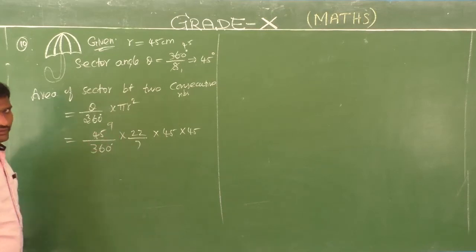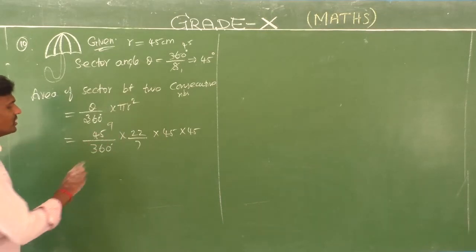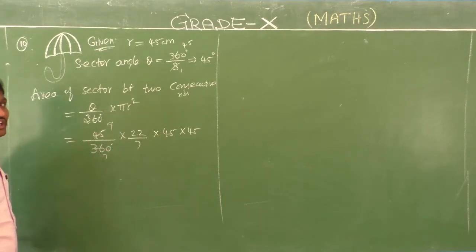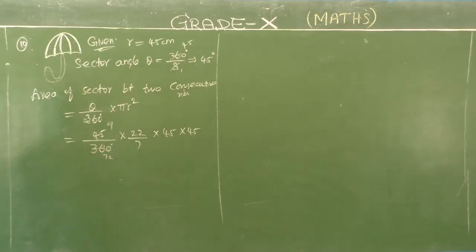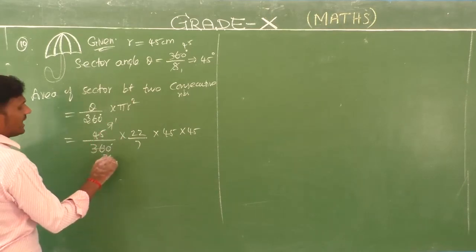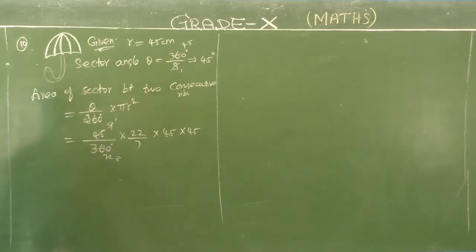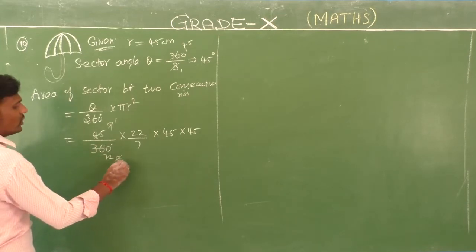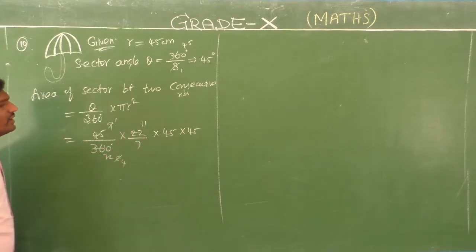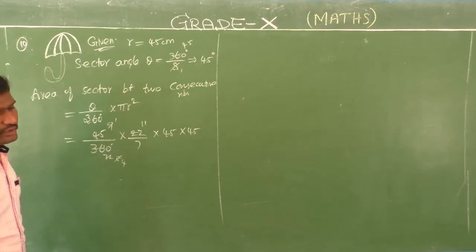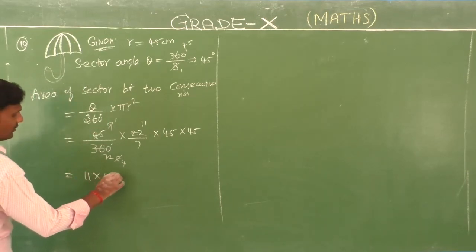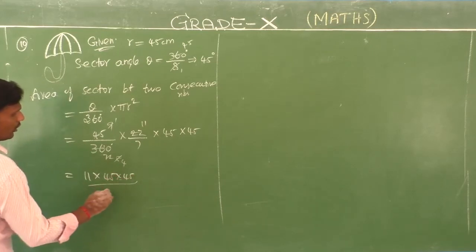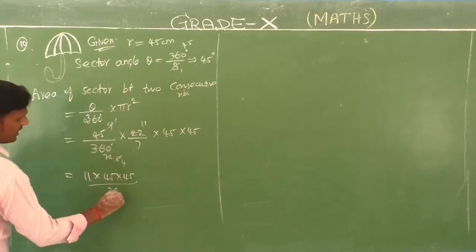9 5s are 45. Simplified by the fifth table. 7 5s are 35, remainder 1. So 2 5s are 10. 1 9s are 9, 8 9s are 72. Now 4 2s are 8. 11 2s are 22. And you have remaining 11 into 45 into 45, whole divided by 4 7s are 28.